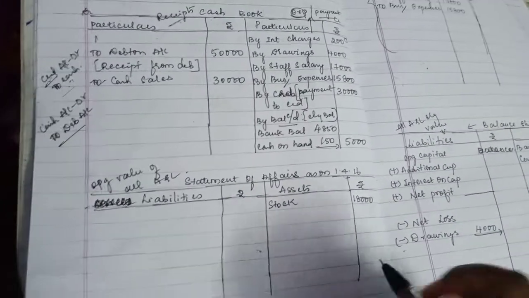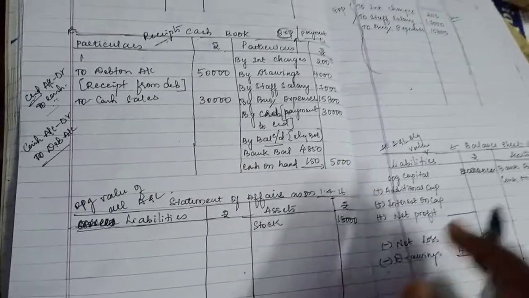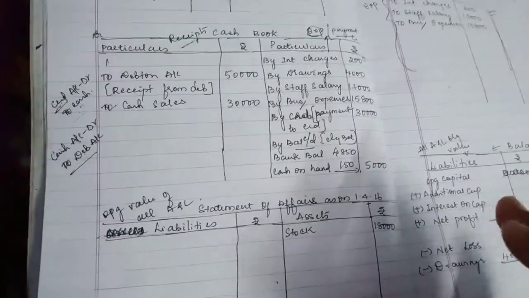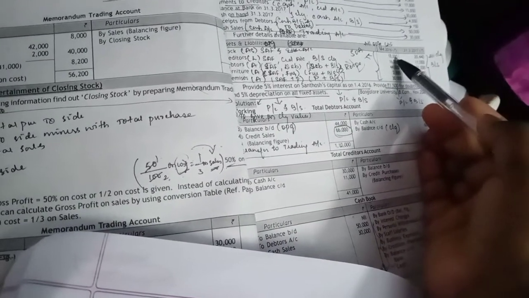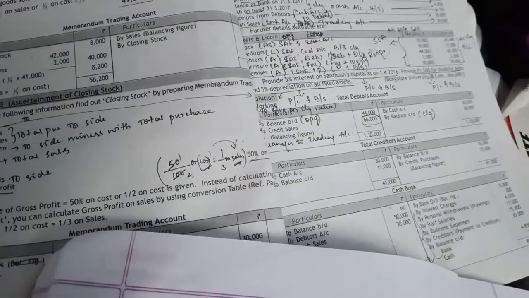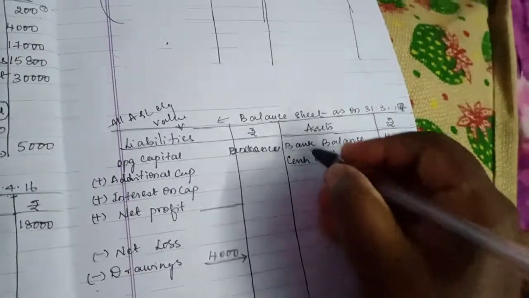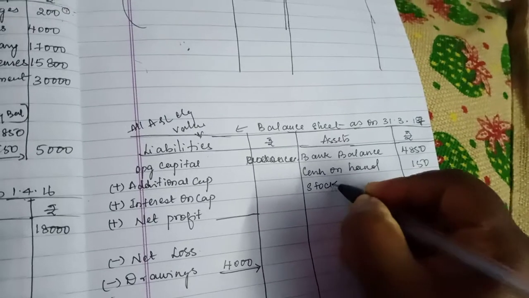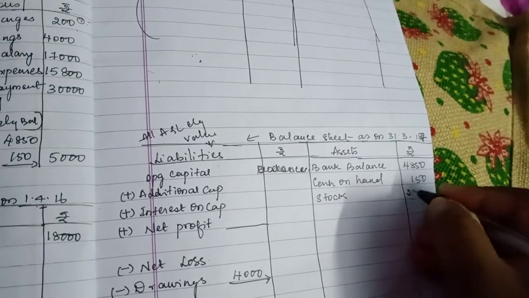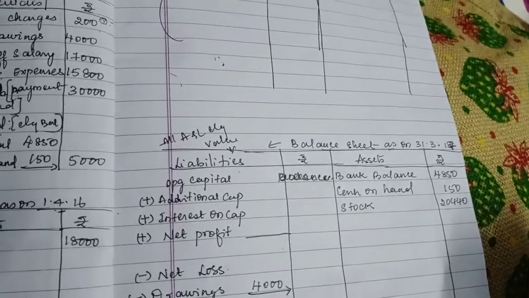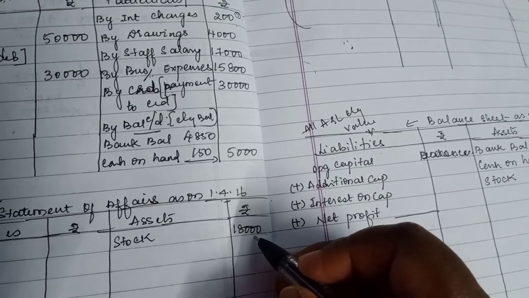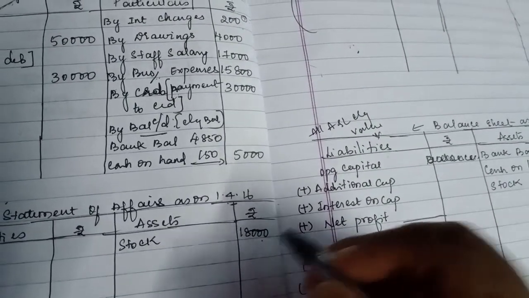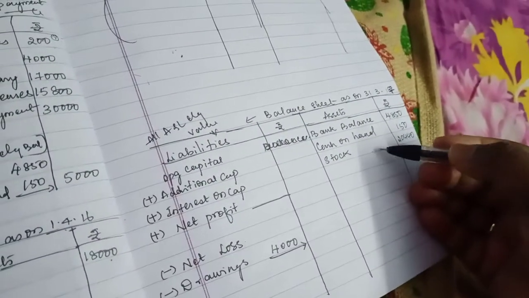Second time, it should appear in the respective stock account. But we are not preparing the stock account, so leave it off. And where will the closing come? The next one is closing value. Opening value and closing value are both given. So opening is over. Closing value is 20,440. The closing will go to the balance sheet. So stock, and the amount is 20,440. Clear? First time opening comes here, second time it should go to the respective stock account. Stock closing comes once in the balance sheet.